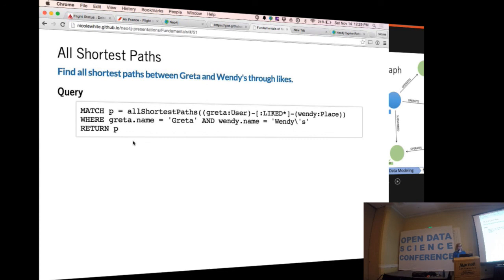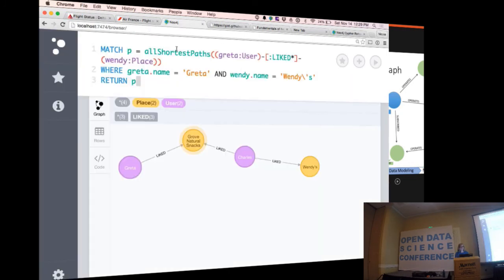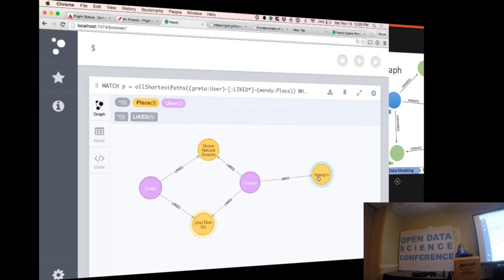But all shortest paths will give you all of those paths. So same query here, except we've wrapped it in all shortest paths instead of shortest path. And we see that we got two paths here. So there was a tie, and all shortest paths will show the